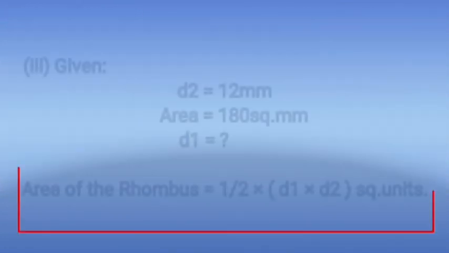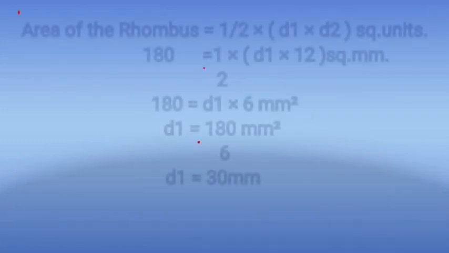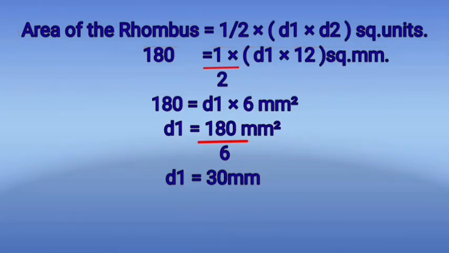In third one, they have given D2 as 12 millimeter and the area is equal to 180 square millimeter. D1 we have to find. We know that the formula for area of rhombus is equal to 1 by 2 into D1 into D2 square units. By using the values of D2 and the area of the rhombus as given in the formula, we get